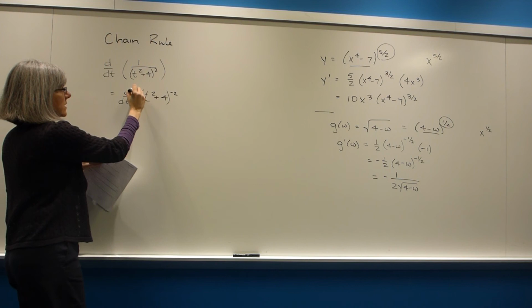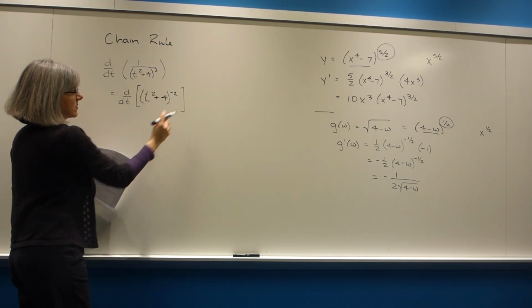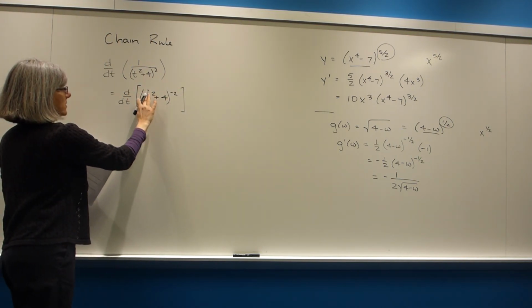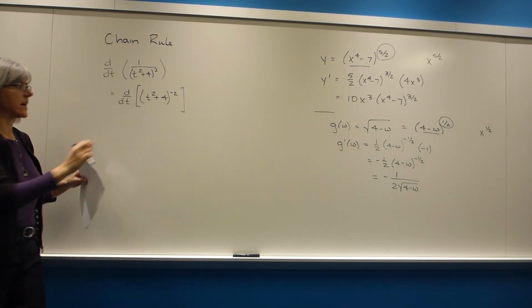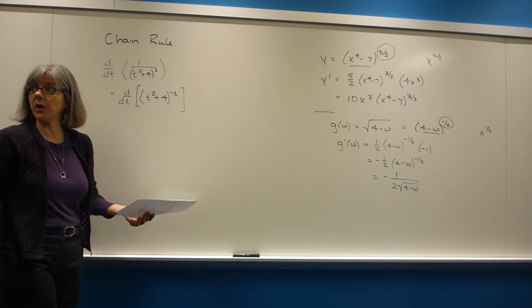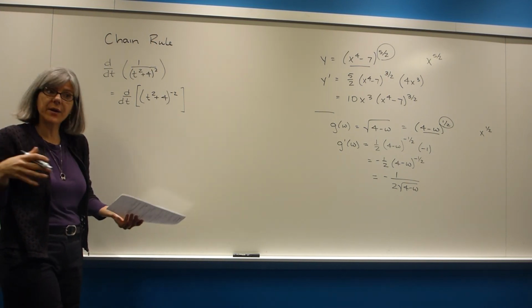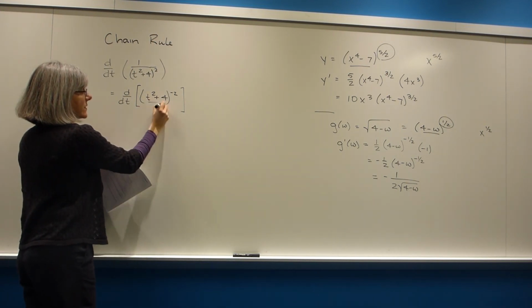But now what does that look like? There are a lot of parentheses. Let me make my table small. It looks like a chain rule, right? I have something to the negative 2. Is that a power? That's a power. I know x to the minus 2. Now I have something